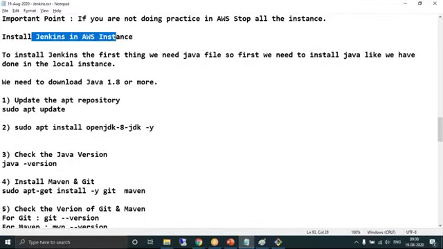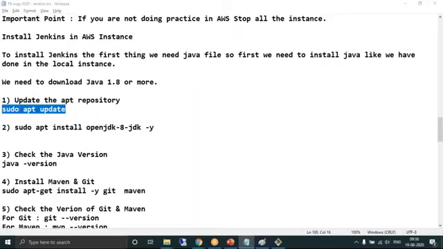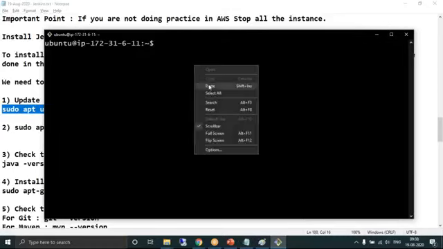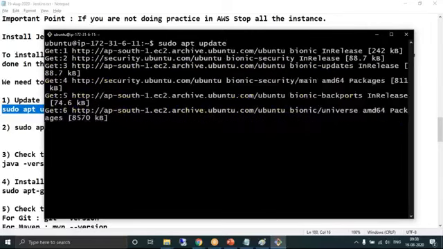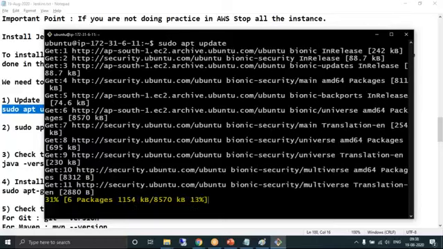Installing Jenkins on the AWS. First we need to install Java. So first update the apt repository. Whenever you want to install any software, the first step is to update the apt repository. Do you remember when we discussed apt repository in Linux, we learned how to install the tree package, isn't it? Same way.